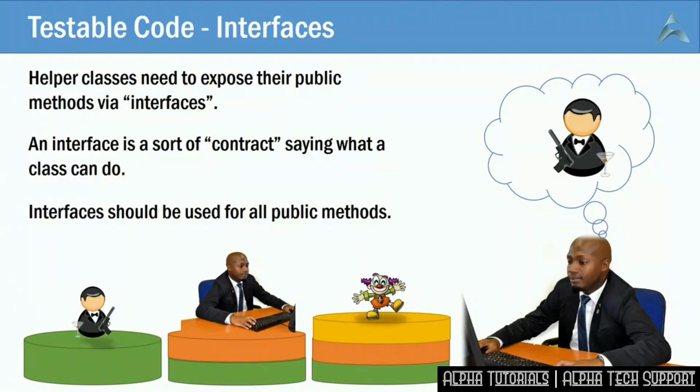This is the principle. And it's good programming that interfaces should be used for all public methods. This technically enables test doubles to be created. They don't work properly unless you expose the public class by an interface. And that's good programming anyway. It's best practice. It's solid, as I've said.